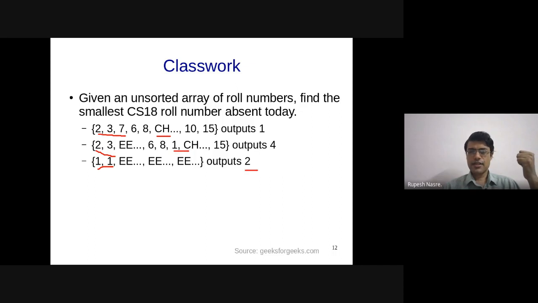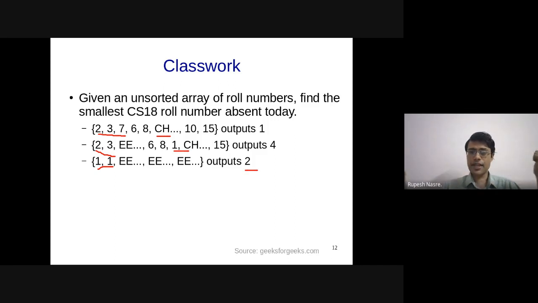Sai Charan says, we can sort it and check in order n square time. Yes, that is, again, the order n plus max roll number is a pseudo linear time algorithm because it is dependent on the value inside the array. Whereas Sai Charan's n square algorithm is a proper polynomial time algorithm, or in this case, quadratic time algorithm. It's just that there is a trade-off. If the max number is small, then Ashwin's algorithm is going to perform better. If the max number is large, then Sai Charan's algorithm will perform better.